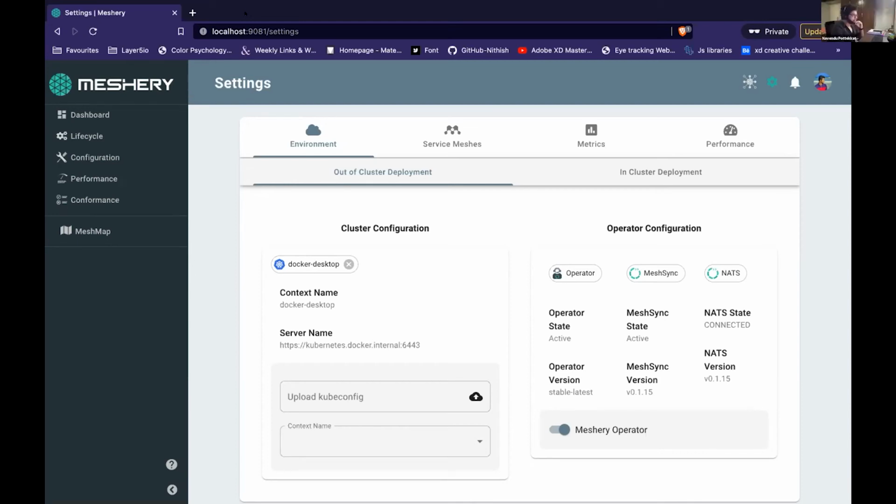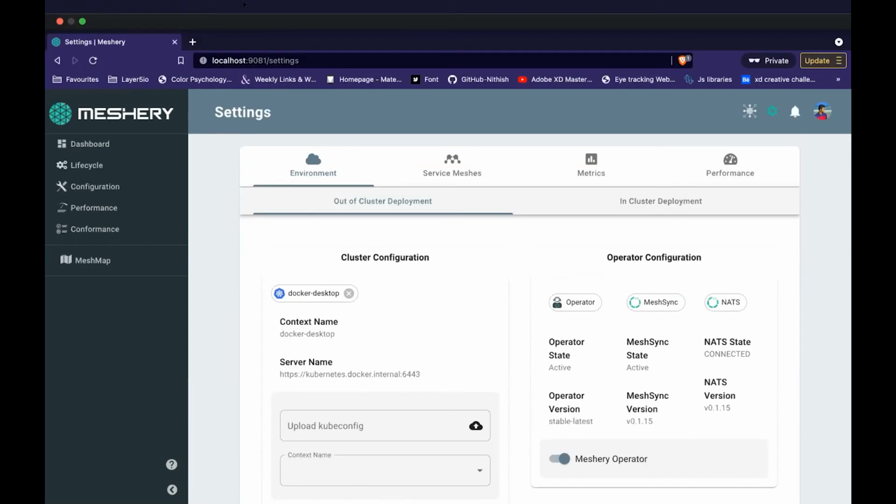Nitish, would you like to call out the other topic as well? Yeah, sure. Regarding this, we'll connect and try to get this thing working. Okay, so regarding the next thing, we actually have an open proposal for some changes for state management in Meshery UI. If you look in the meeting minutes, you'll have the link for the proposal. Feel free to go and take a look at it and suggest something, if you have any reviews, or if you want to add something to it, or whatever opinions you have, you're welcome to put them over there.